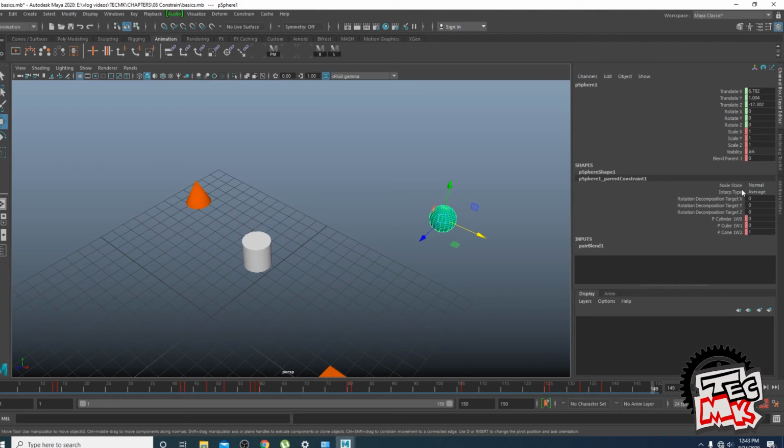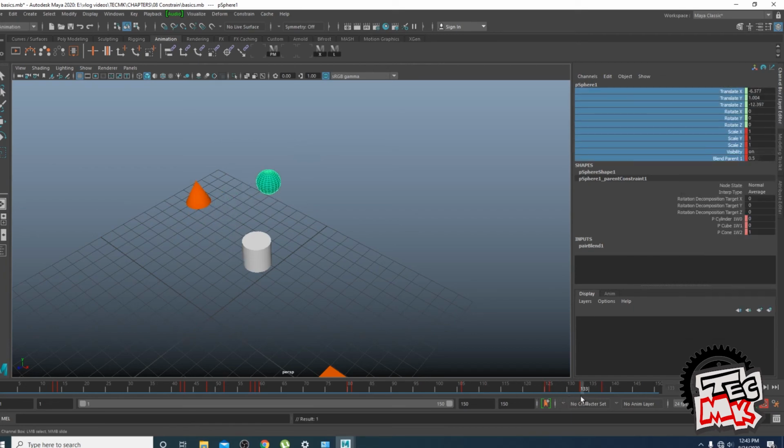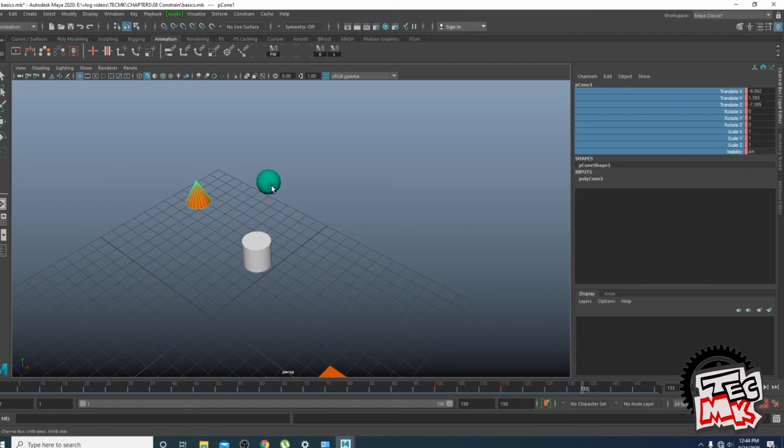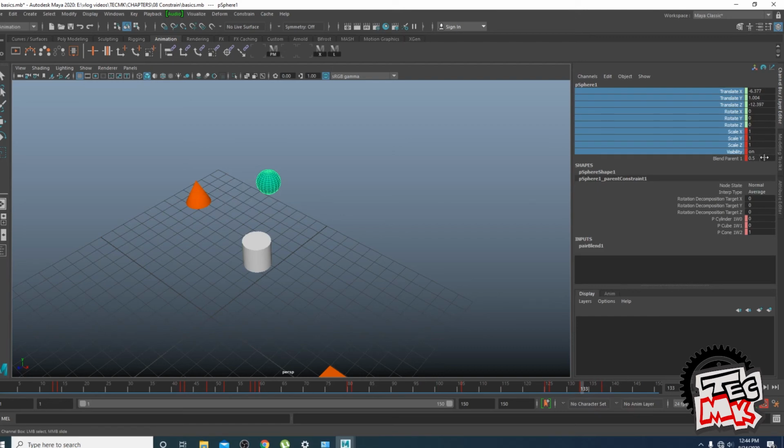Now there are two types of switches. One is how effectively it will get attached to the parent, and also which parent it will get attached to at any given point of time. Now suppose we give the blend parent here the value of 0.5. What happens, you see here? If you give it a value of 0.5, till here the sphere remains attached to the cone to the value of 0.5, that is half.